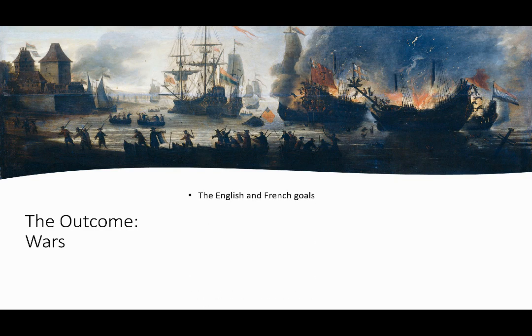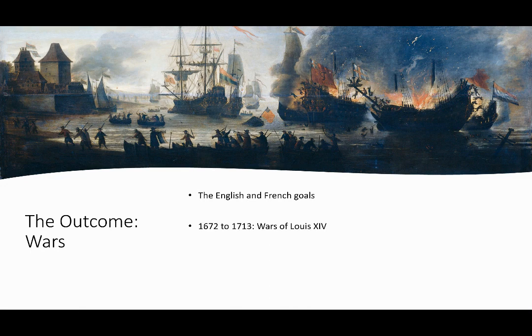Both the English and the French sought to reduce the power of the Dutch. The English wanted to get economically involved, destroy the Dutch Empire so that the English could expand. Remember, this is the time they're colonizing India and New England. Ever heard of New Amsterdam? That's in New York. We talked a little bit about that before. The French were looking to expand their geography, and they blamed the Dutch for a lot of things, and we'll see that at the end of our unit.